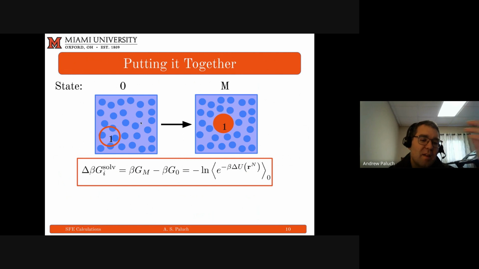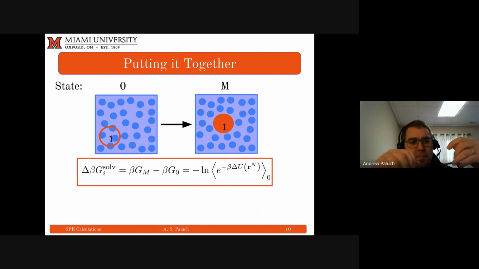So I'm only sampling in my reference state. Based on the configurations that I'm generating in my reference state, I'm trying to come up with an estimate of the configurational integral of my target state. And so, the idea behind phase space overlap, or how it works, is if I would try and think